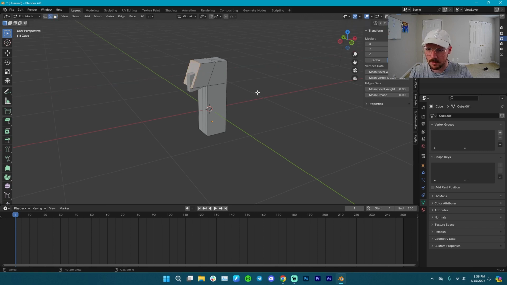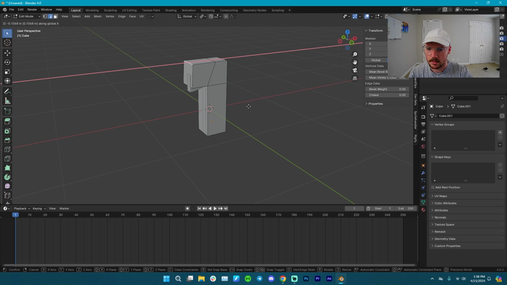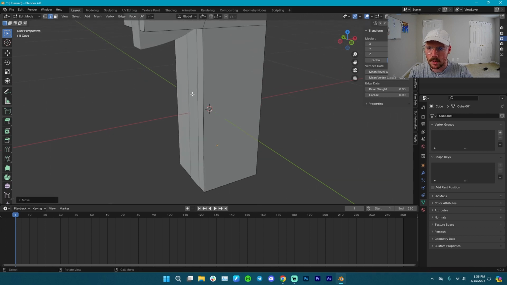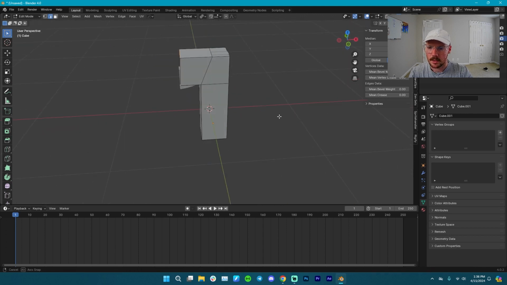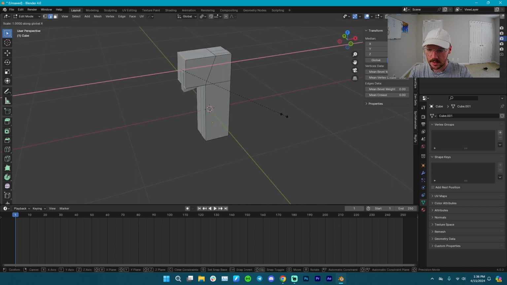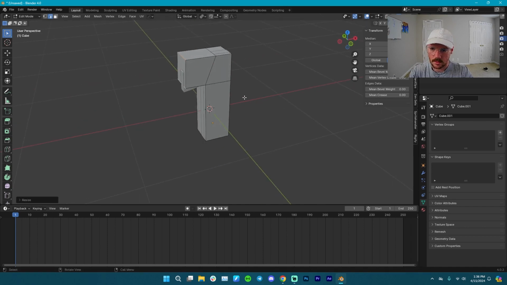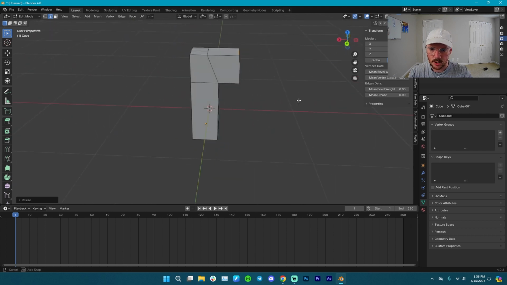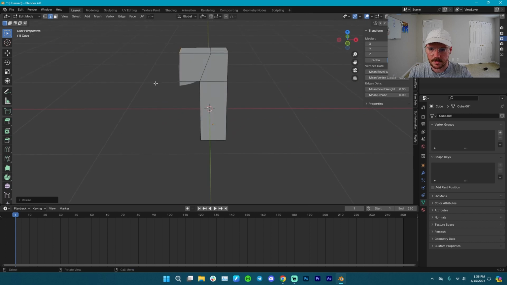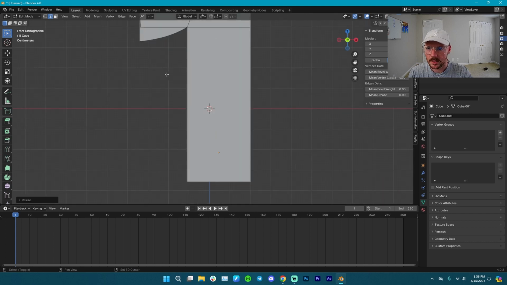Now I'm going to grab this. I'm going to hit 2. I'm going to grab this top edge. I'm going to go G, X, and we're going to bring it out. And so what I want is these two scaled on the X axis at 0. So I'm going to go scale X 0. And that should make them exactly on the same line, which we will be able to tell from here, which